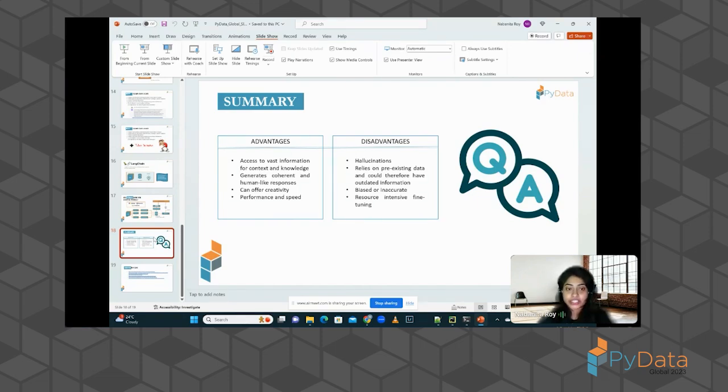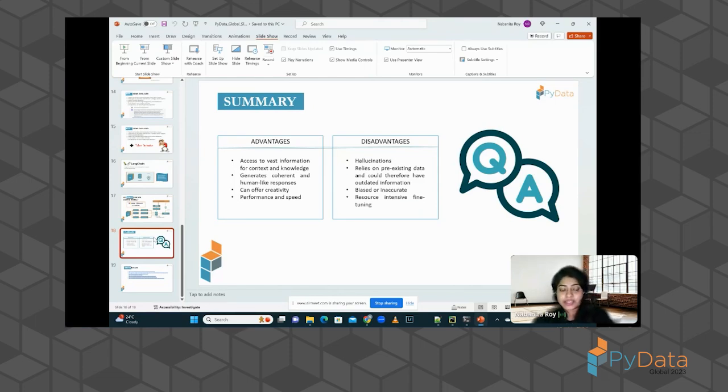In general, OpenAI has been used for many purposes. The performance and speed have been phenomenal for basic use cases. In terms of the disadvantages, hallucinations is something that we all need to be careful about from OpenAI.